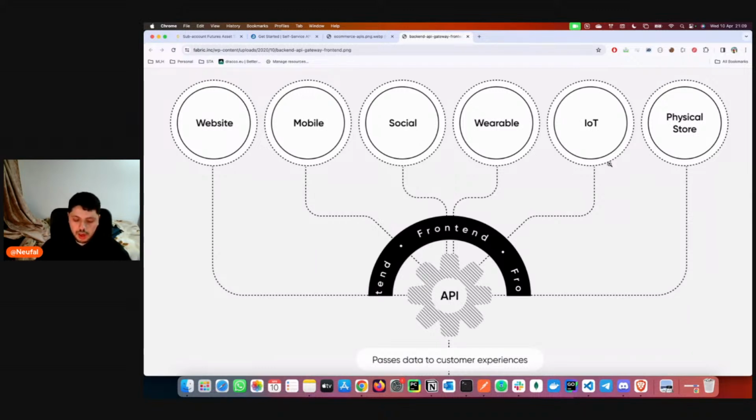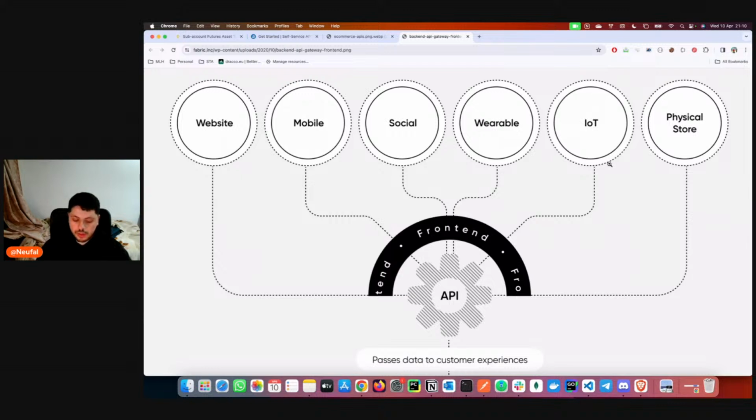So basically, imagine you have a software. It's much easier and maintainable to have an API with all the services like getting information, saving records, retrieving records from the database, changing things, making some models, whatever. And then you have the website, the mobile, the social media, the wearable, the Internet of Things, physical stores, an iPad, whatever. And you just get the same data from the same API.